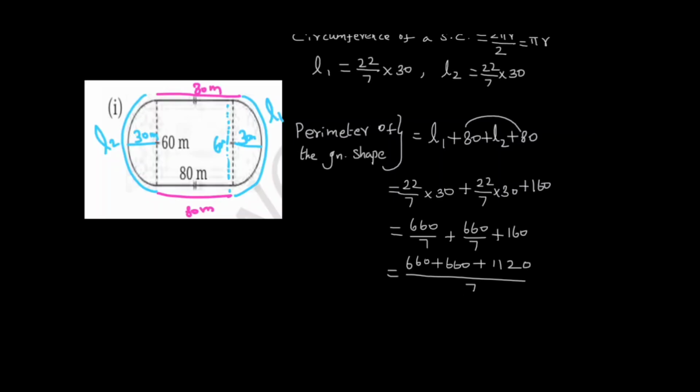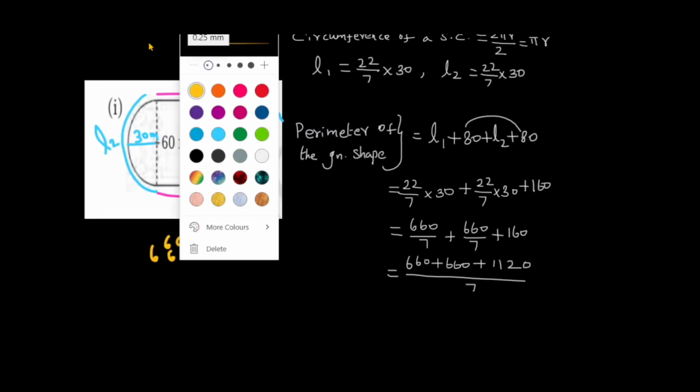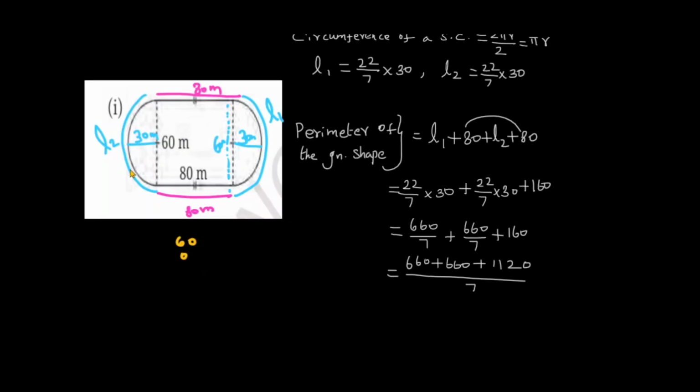When we are adding these numbers, 660 plus 660 is 1320, plus 1120 is 2440. We will be having our numerator